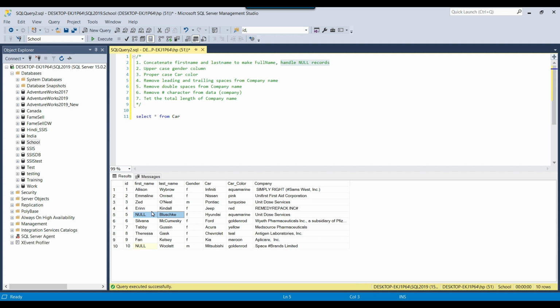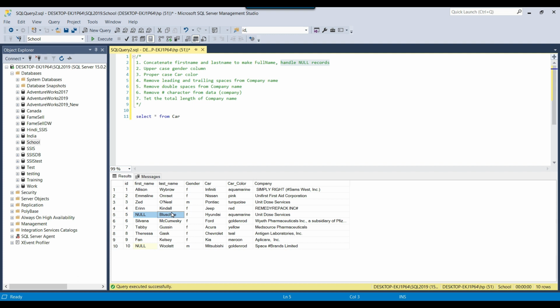So while concatenating fields where one of the fields can contain null values, we should be careful not to directly concatenate the columns. Instead, we should use the isNull function and replace the null value with a blank string so that the data can be concatenated correctly.